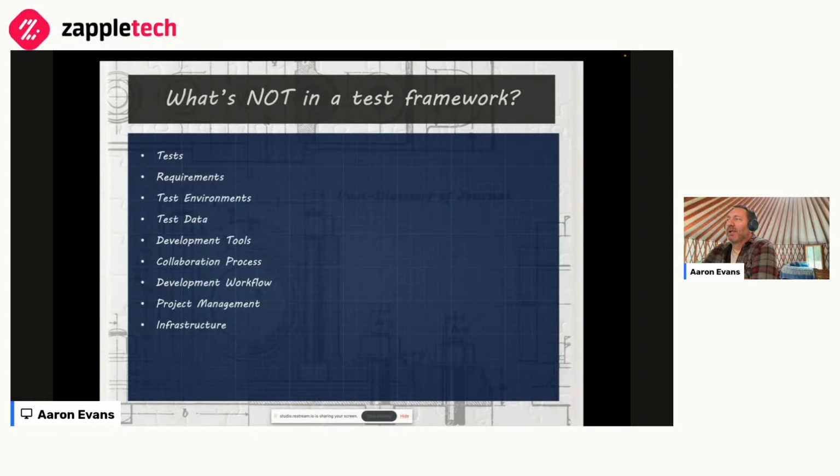And more importantly, it doesn't dictate how you're going to write your tests, how you're going to validate things. So separating that collaboration process from how you write the tests is important. Again, your development workflow, things like how you check in code, how you trigger a test run, all sorts of these things should not be a part of the framework if your goal is to have choice and flexibility.